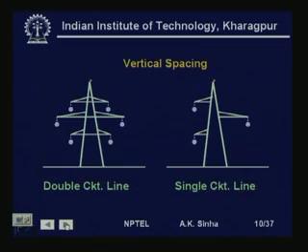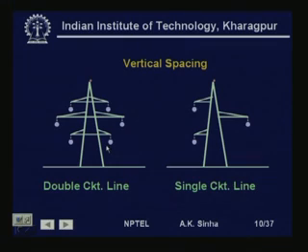Now, conductors can be placed in various arrangements. The earlier diagram was showing the arrangement of conductors in a horizontal plane. Many times we arrange the conductors in a different fashion, like in a vertical plane or in a hexagonal arrangement. Here this tower is showing a double circuit line where the three phase conductors A, B,